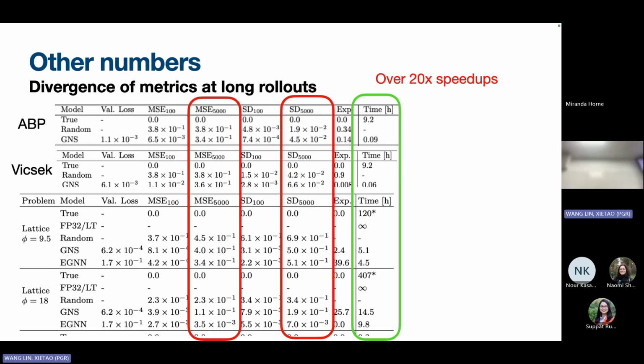The other one we tried is this ST here, the Sinkhorn divergence, which in a way measures the distance between two distributions. So we induce a distribution of the particles and measure the distribution distance. And again, it's the same. It doesn't manage to differentiate a random run from what we call a somewhat successful run from the graph neural network.